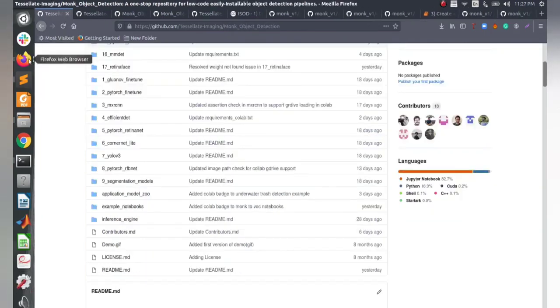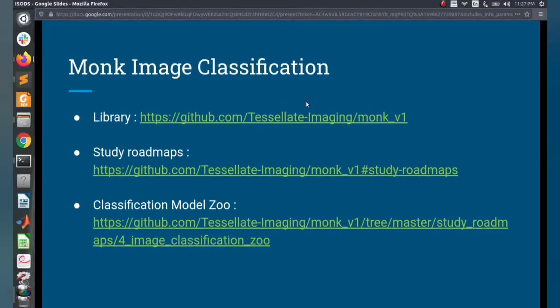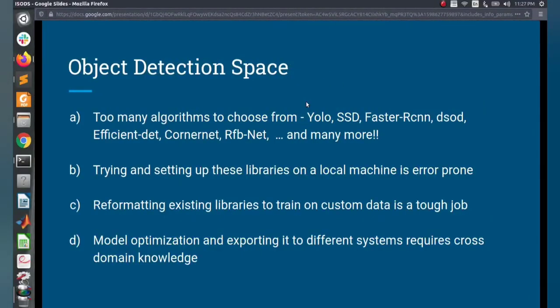Suppose that we come to the object detection space. We have seen image classification till now. Moving on to object detection. When it comes to object detection, instead of having multiple libraries to choose from, there exist multiple algorithms, some mentioned here: YOLO, SSD, Faster RCNN, EfficientNet, CornerNet, RFBNet, and many more like this. Every algorithm has its own variants. Like SSD in itself has variants, like when it is combined with ResNet, it's a different algorithm. It can be combined with ResNext models, then MobileNet models, etc. And even a single variant, say a MobileNet SSD,